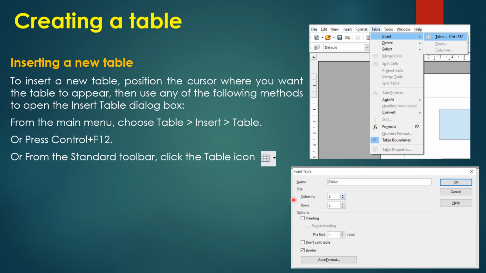Then here you will find the columns and rows option. Mention the number of columns you want and the number of rows you want to insert in your table, and afterwards press OK. According to the mentioned values in rows and columns, the table will be created or inserted into your document.